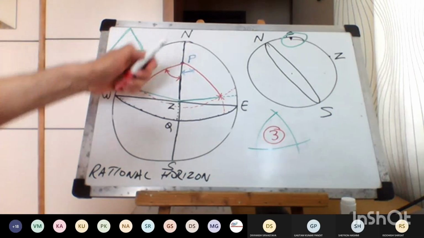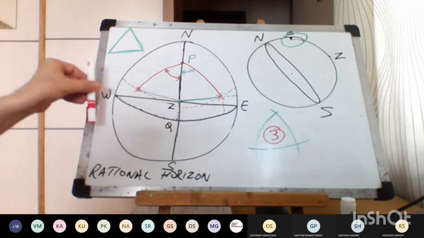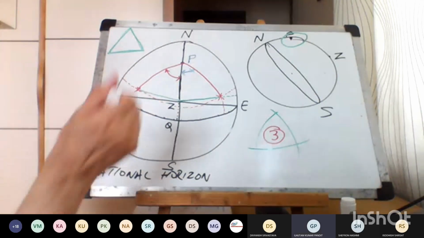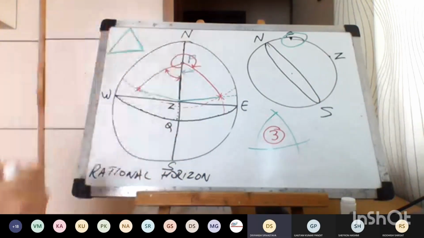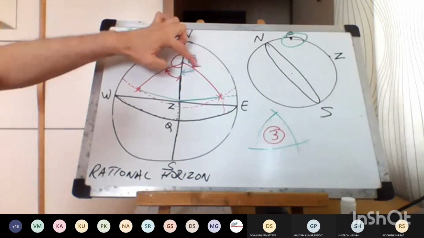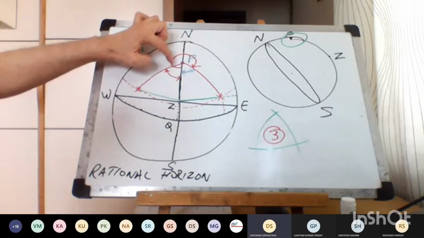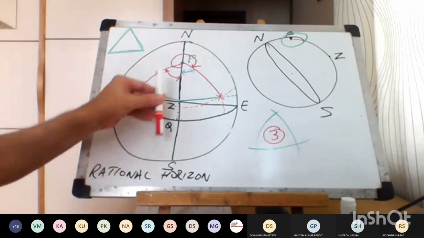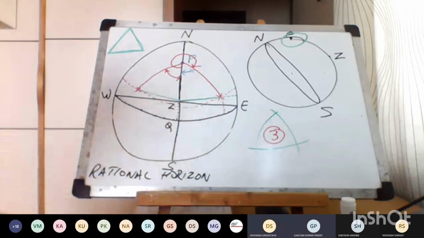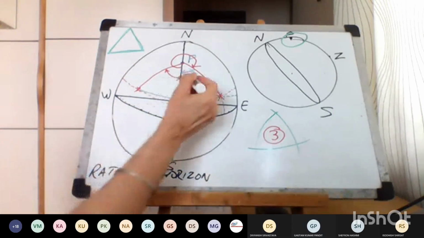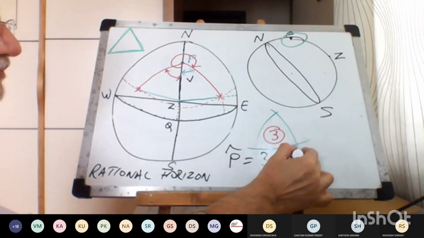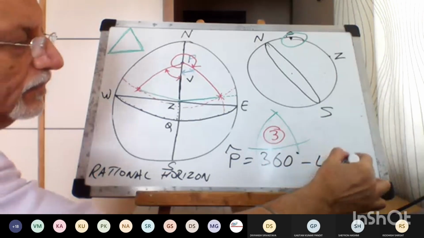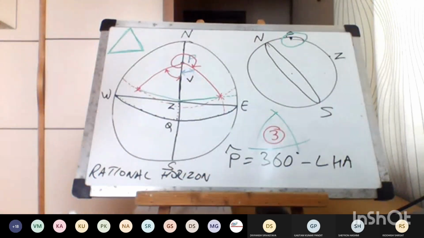LHA 0 से 180 है तो बॉडी ऑब्जर्वर के वेस्ट में होगी। LHA अगर 180 से ज्यादा हो गया तो बॉडी ऑब्जर्वर के ईस्ट में होगी। ये LHA 180 से ज्यादा है, तो बॉडी किधर है? ईस्ट में है ना? ये एंगल P क्या हो गया? एंगल P इज इक्वल टू 360 माइनस LHA. यस और नो? यस सर। तो तुम्हारा ईस्टर्ली आवर एंगल है, 360 माइनस LHA हो गया।